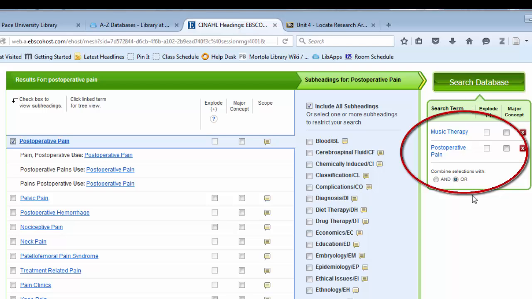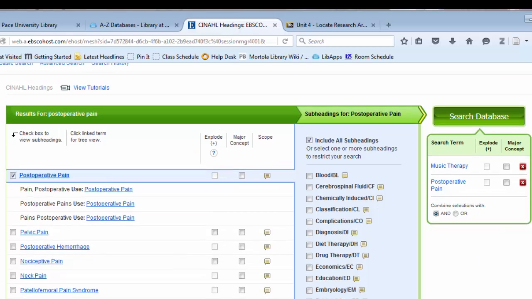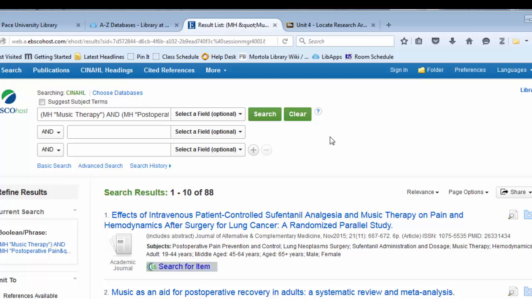Before I click on Search Database, I have to remember to switch this setting below to combine selections with and. This is very similar to the search we just ran, the very simple keyword search where we connected our concepts using the word and. We want to do the same thing when we're searching on these words as subject headings. So I'm going to click on Combine Selections with and I'm going to click the Search Databases button, and that